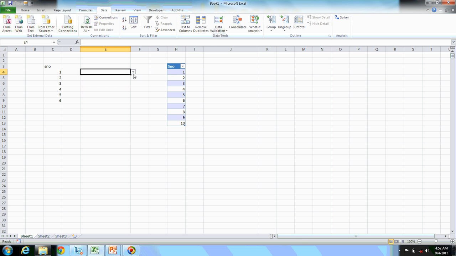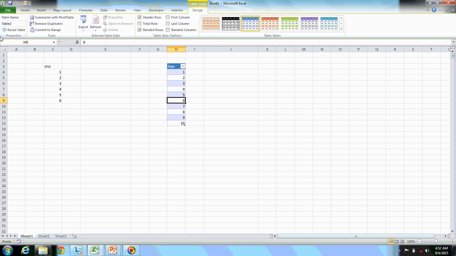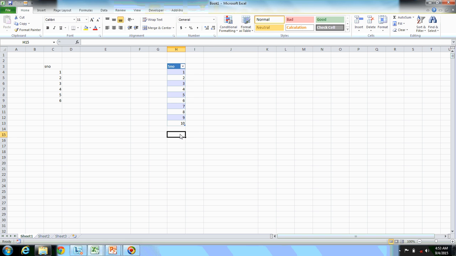You can also use the table in your formula. For example, let us go to Design. My table name is Table 2. However, you can also change your table name. I'm going to change the table name to TEST. Now you can observe, I want to sum this entire table. Now I'm going to sum this table, and SUM